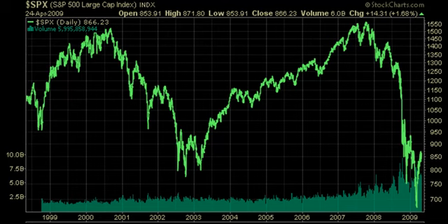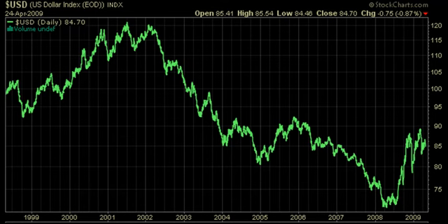And one way of actually identifying whether it was a real rally or a false rally is to identify what happened to the dollars and the dollar market at that same time. And what we see here is that the US dollar actually declined very substantially during that same period. So we have to ask ourselves the question, did the market really rise in real terms? And from this chart, the answer might actually suggest no. Why is that? Well, just as the stock market rose in nominal terms, the US dollar dropped.